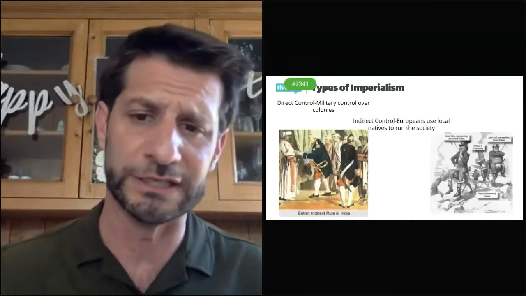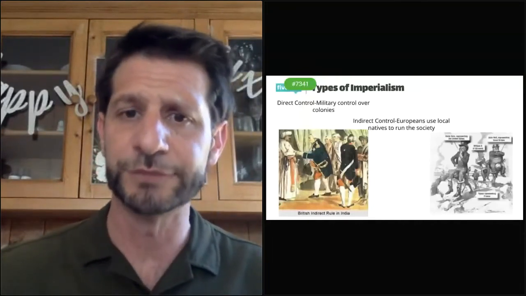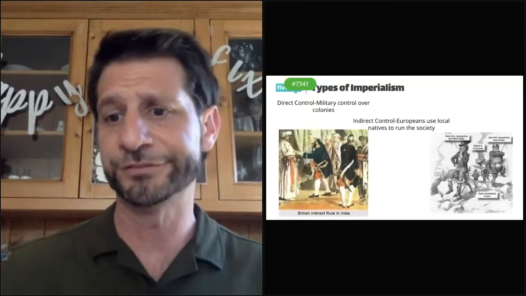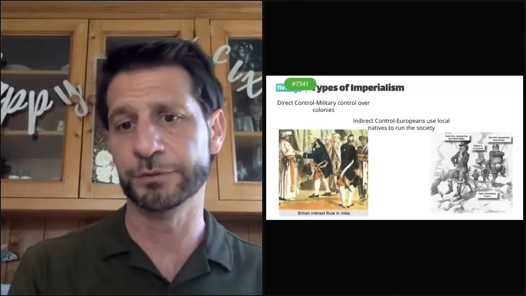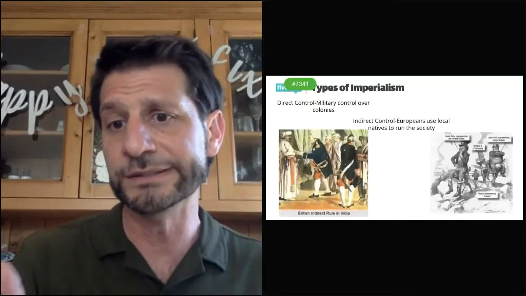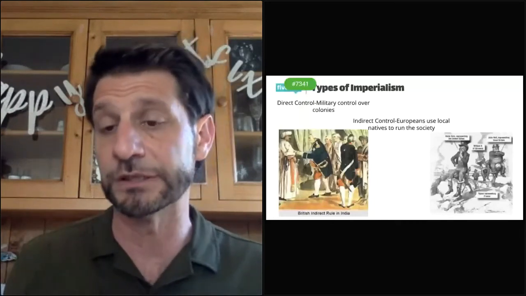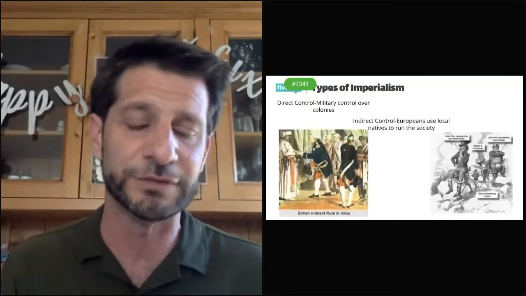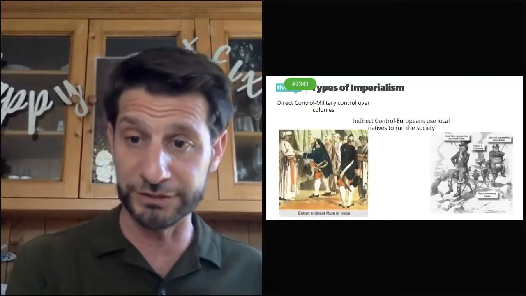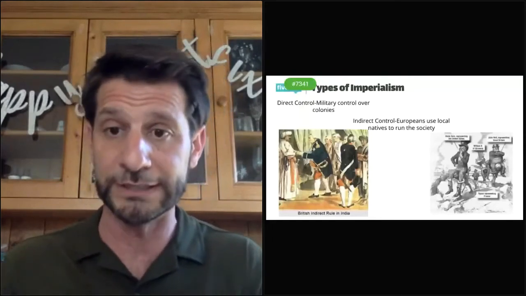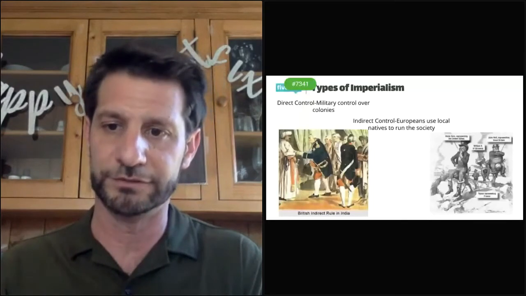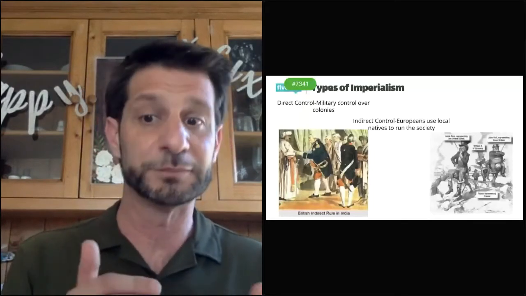That's really important, guys, for future units, because there's a reason why Gandhi eventually sided with the lower class instead of working with the middle class. He was a middle class person. Why didn't he side with the middle class? He sided with the lower class because the middle class never wanted to really give up on imperialism. And I'm not talking about British middle class. I'm talking about the Indian middle class. Why? Because they were given power by the British to rule over their society, but the British were the ones